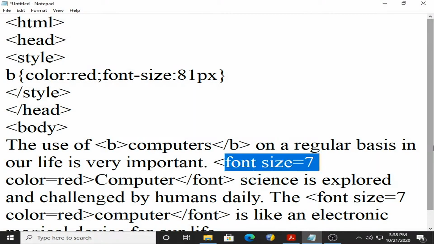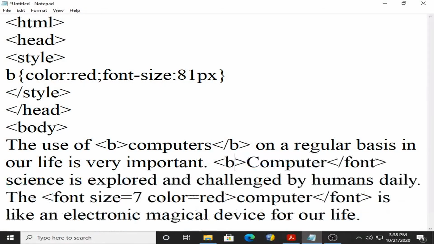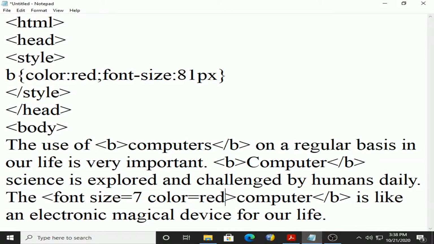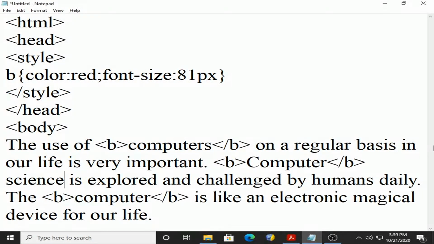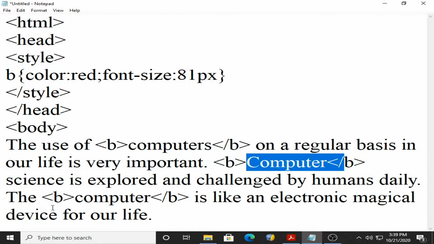So every place I am writing B and slash B. Now the normal effect of the B tag is to convert something into bold face. So this is the effect of B and slash B. I mean to say the word computers, and capital C Computer, and computer will come in bold.